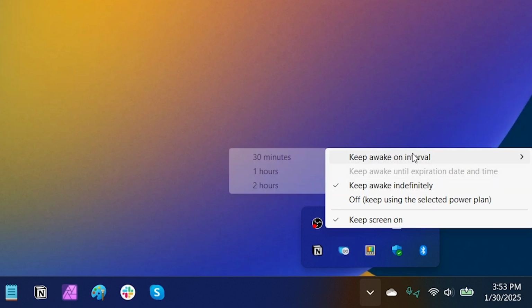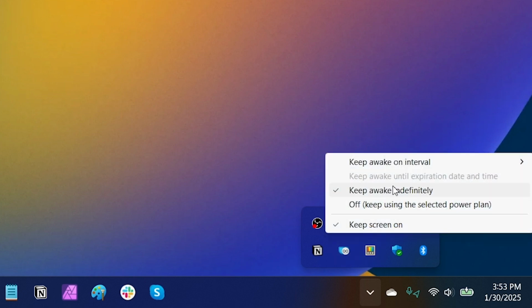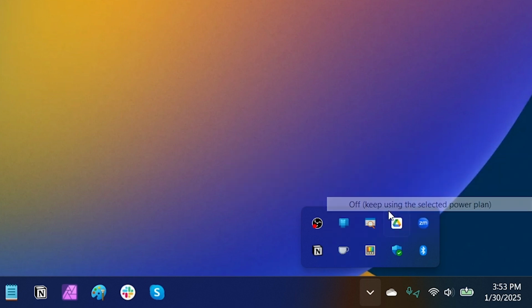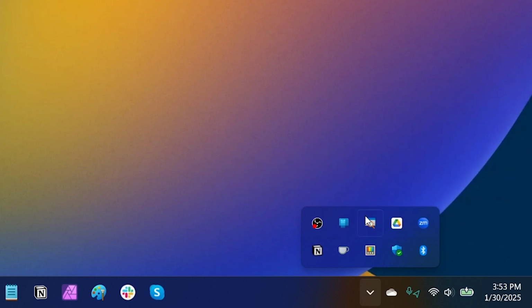where you can keep your screen awake for a certain amount of time, optionally keep your PC awake for a certain amount of time, keep your screen on optionally if that's what you want. I got to turn that off, actually. Oh, no, that's off. Sorry. So that was on for some reason. That's fun. I use this a lot, actually. That's one. And then a new entry, which we might talk about in more detail in a future episode, is